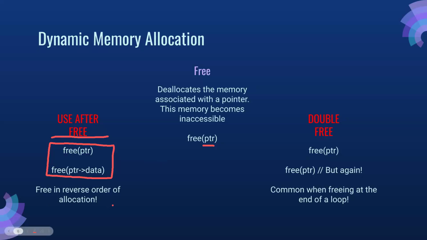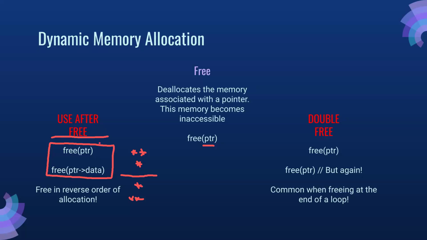So the best tip, the best rule of thumb for freeing is to always free in the reverse order of allocation. So for example, if you were doing a 2D array, you would first create the pointer for the 2D array, and then you would allocate each pointer in a for loop. And then when you're freeing it, you would free all of the pointers in a for loop and then the double pointer, right? So it's a reverse relationship when it comes to freeing this way,